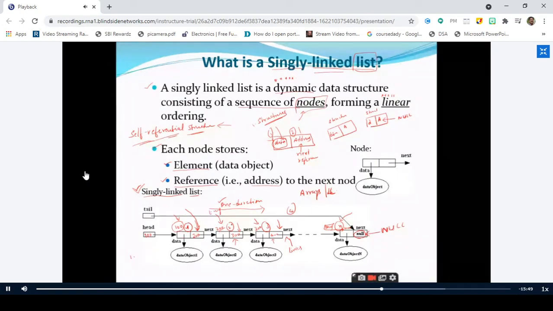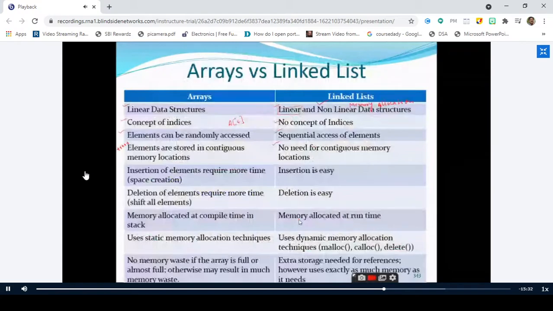After accessing the second node, you access the third node, which is located at 300. So from an accessing point of view, it is sequential in nature. After the third node, we access the fourth node. So from an accessing point of view, it follows a linear fashion. But from a memory allocation point of view, it is non-linear. So what is linear here?